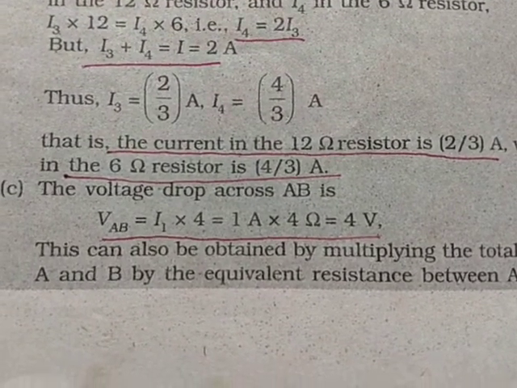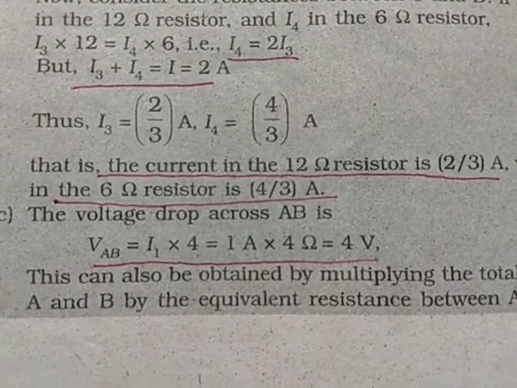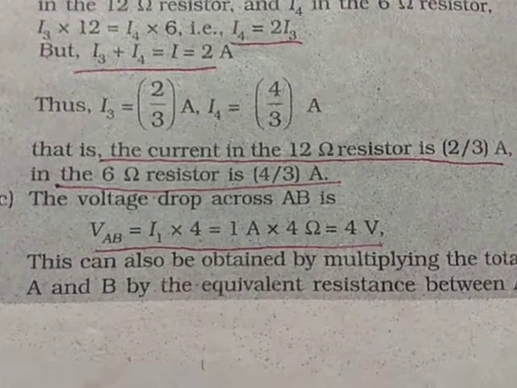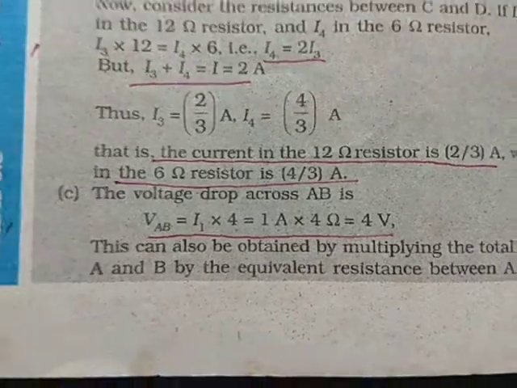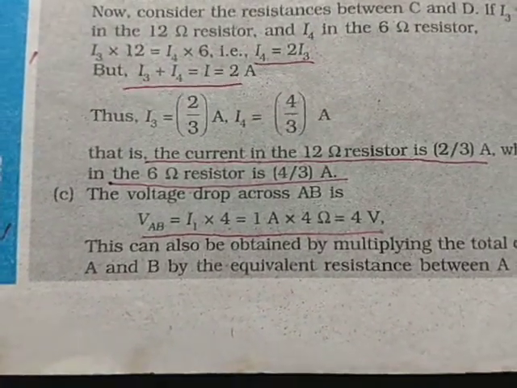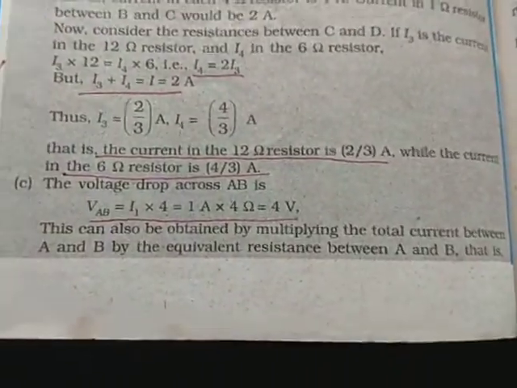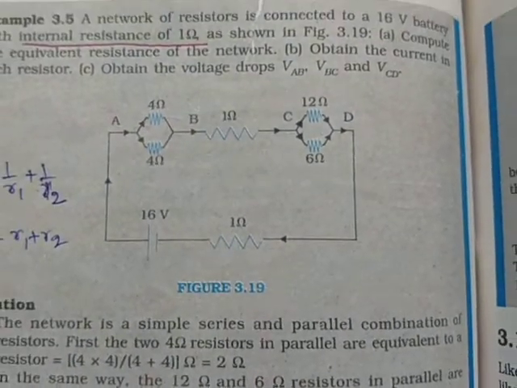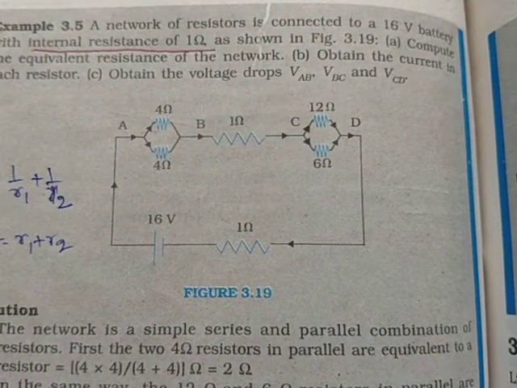And that is how we have solved it, by solving simultaneous equations. So this is how we got the current passing through each arm of the resistances between point C and D,